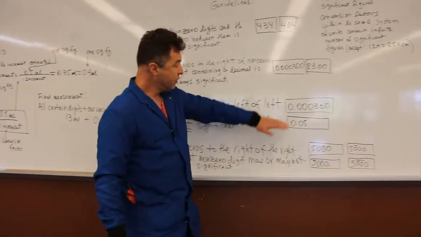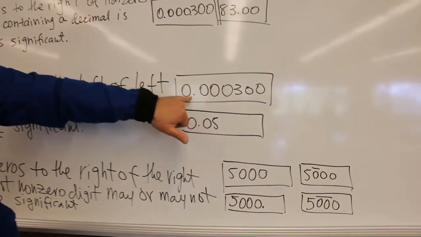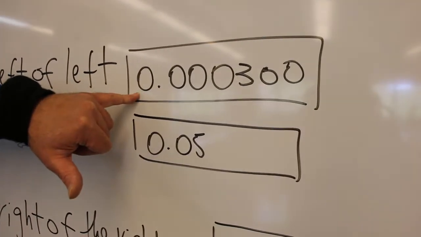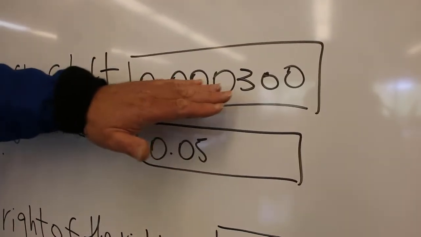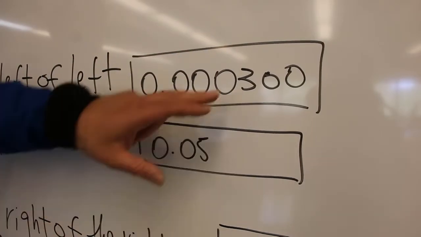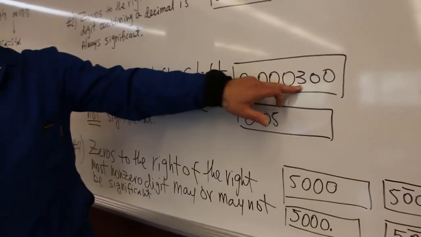So, let's see now, we follow the rule. We got a 0 dot and the zeros that are trailing after the dot. As long as this is zero and there's a dot, whatever the trailing zeros, including this one, they're not significant. They're just placeholders. Because what you can do now is express this number in scientific notation,